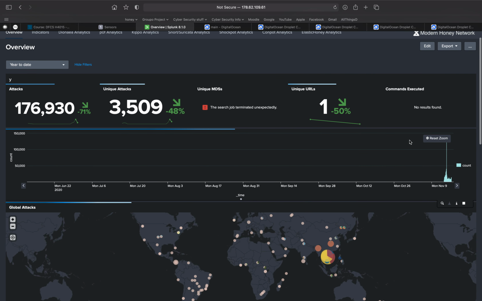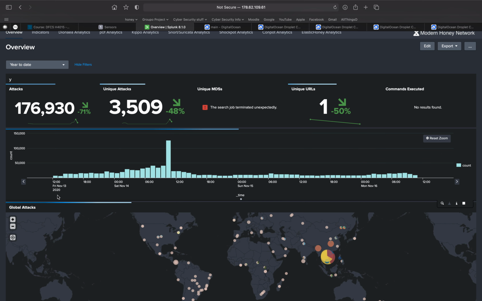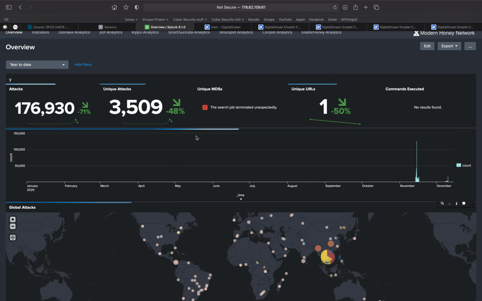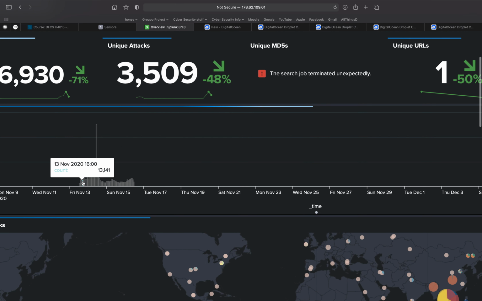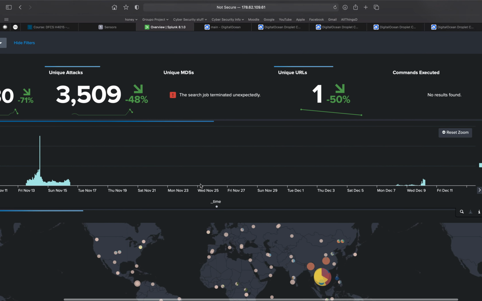So this is the breakdown basis for one day. Yeah, that's only one day. Here we go. Here we are. So we can see here that on November 13th, 14th, 15th, there was a very high number of attacks. And then I had terrible